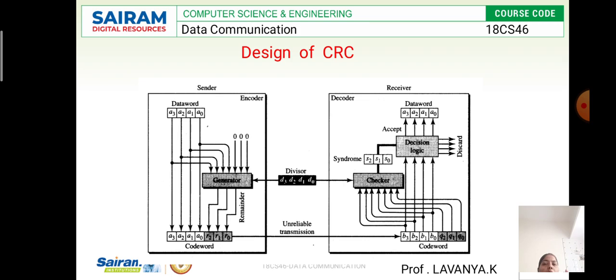Okay, the syndrome of the n bits here is going to use 3 bits, which means k is equal to 3, and it is fed to the decision logic analyzer. They are going to use simple functions, and they can do it for the leftmost bit of the 4 bits. For the code word, it is going to accept the data word. Otherwise the 4 bits are discarded as errors. So this is what they have designed on the receiver side.